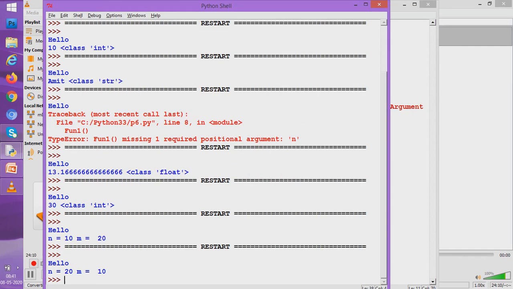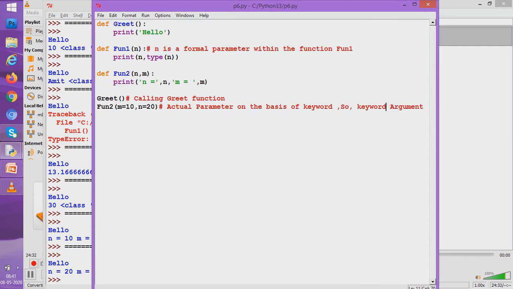You can well see what change it does. Now n has 20 and m has 10 with respect to the previous given code which we wrote, which was using positional argument. Now this is using keyword argument. So you have changed the values what n had and what m had because of the keywords you used. So I think students, you have understood. So two methods of passing arguments you have understood. One was positional method and the second one was keyword method.